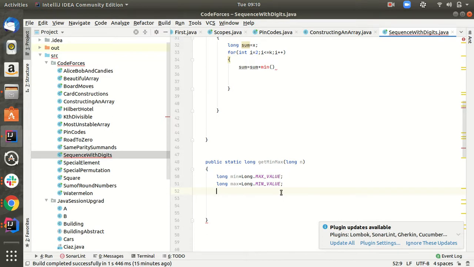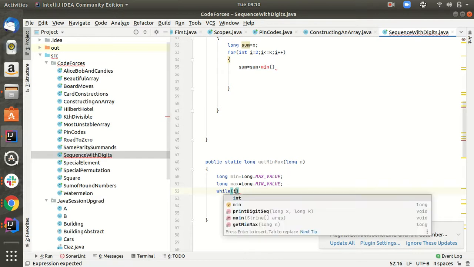Now we'll calculate the minimum digit and maximum digit in a single go, and we'll return their multiplication, as it is required in the recurrence relation.